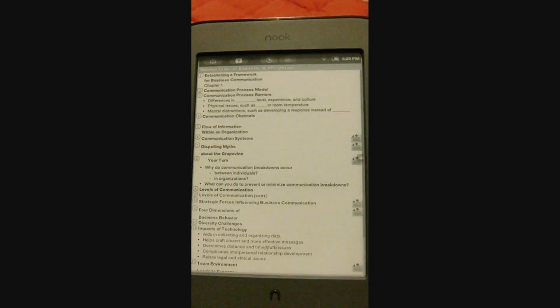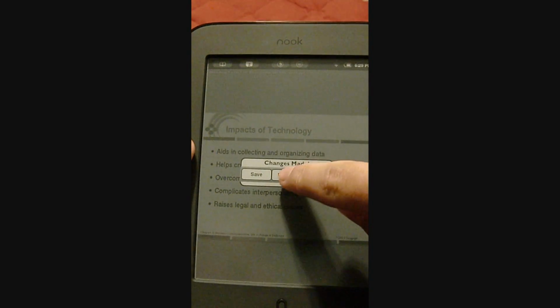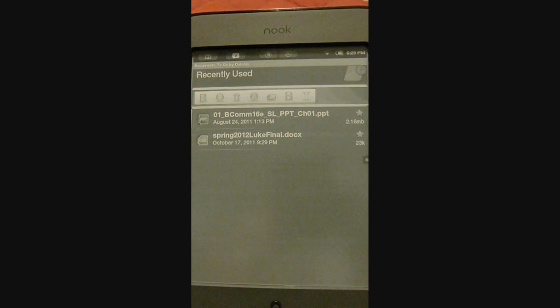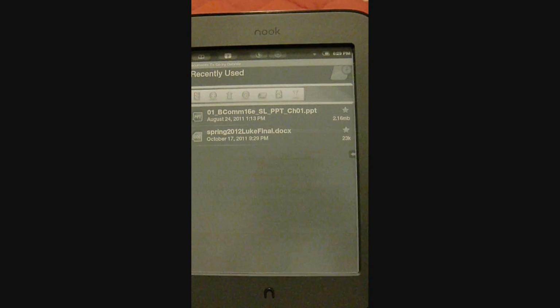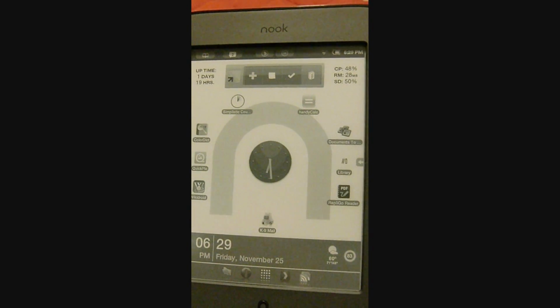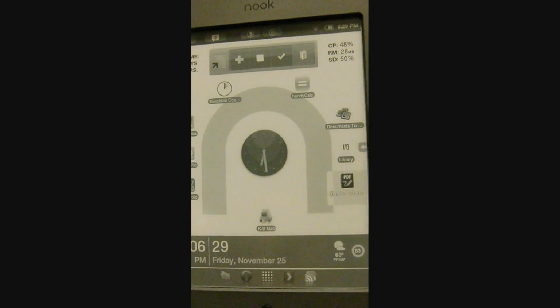Now, the great thing about this is that not only can you adjust the text or create Office documents, but you can also do a lot to modify and format the text itself. That's all available in the menu options. So if you have more than just EPUBs that you want to sideload onto this device,